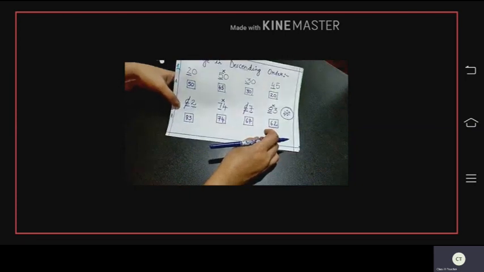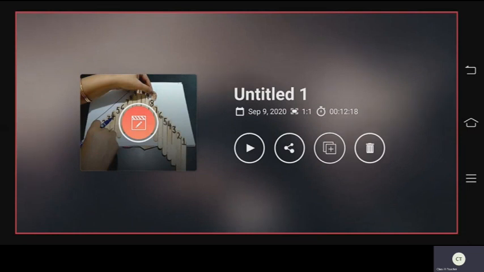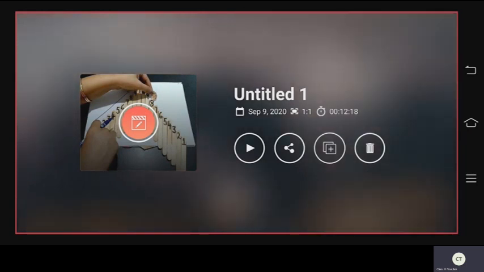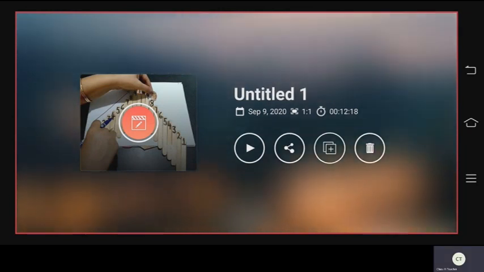Okay children, I hope you understood this concept very nicely with these examples. Okay, I'll give you a few more example bits today in the class. After watching this video, try to solve 2-digit numbers, arranging 2-digit numbers in ascending order as well as in descending order, at the same time.